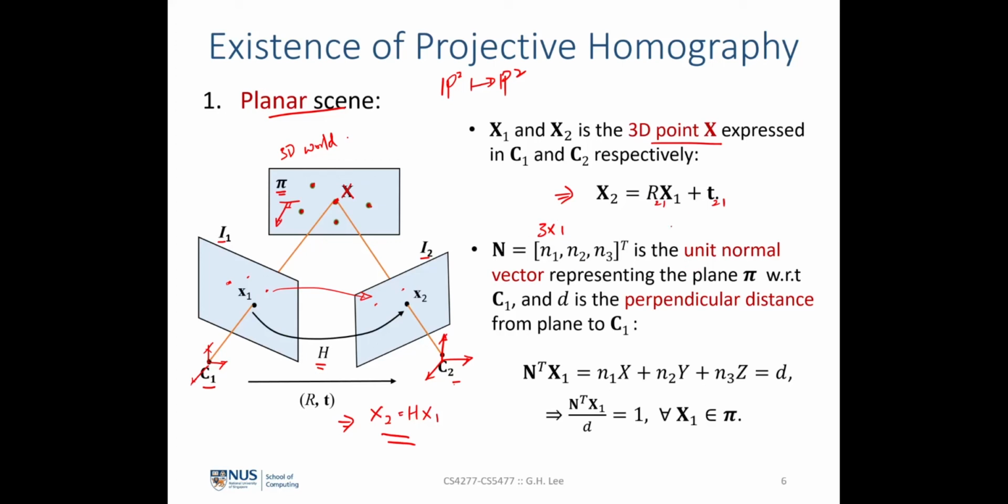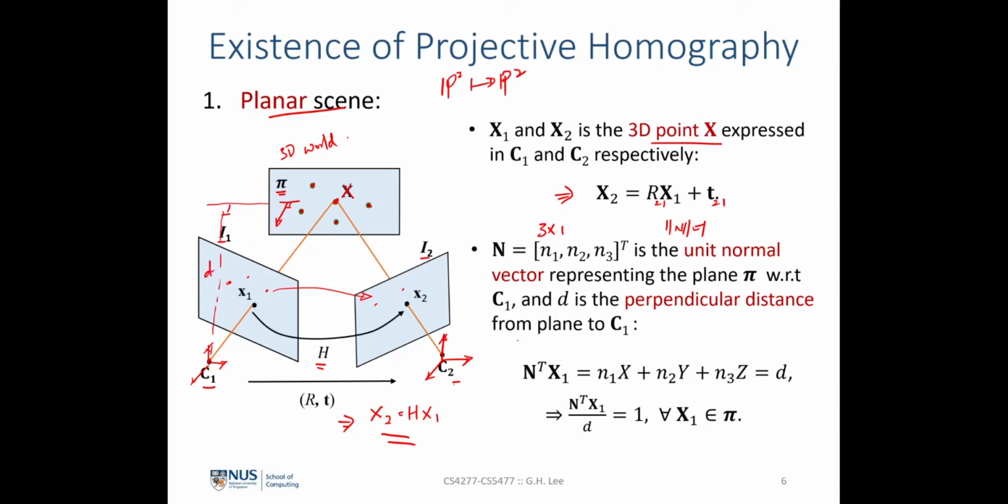This means that the norm of n should be equal to 1 here. And this represents the plane pi with respect to the camera frame C1 here. And d is the perpendicular distance from the plane to C1. This means that from the camera frame over here, we will have a perpendicular distance that this particular plane pi makes with the camera frame C1, and we will denote this distance here